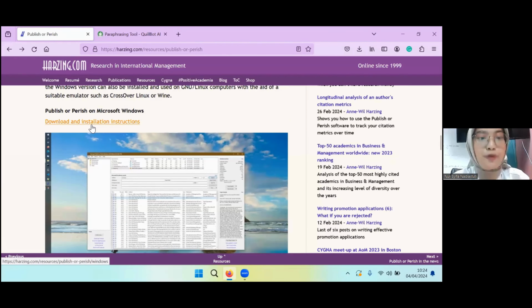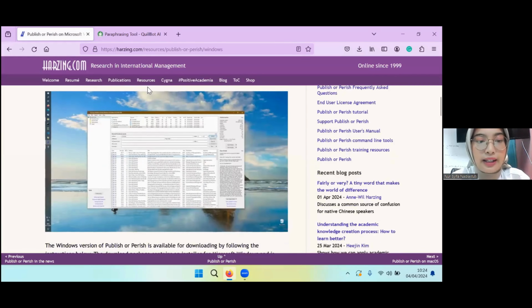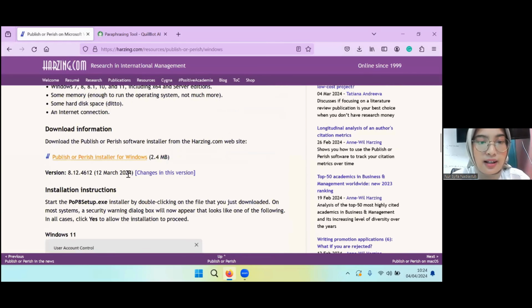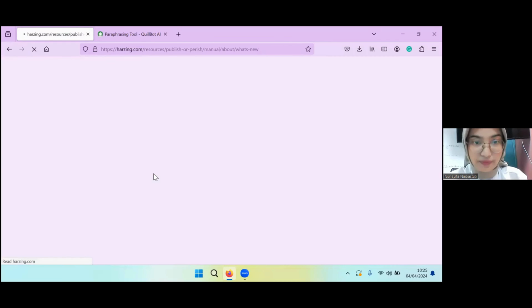If you have a laptop on Microsoft Windows, you can download an installation instruction here. You can click, and then there are many versions of Publish or Perish, and the newest version is from 12 March 2024. If you want to change the version, you can click this.